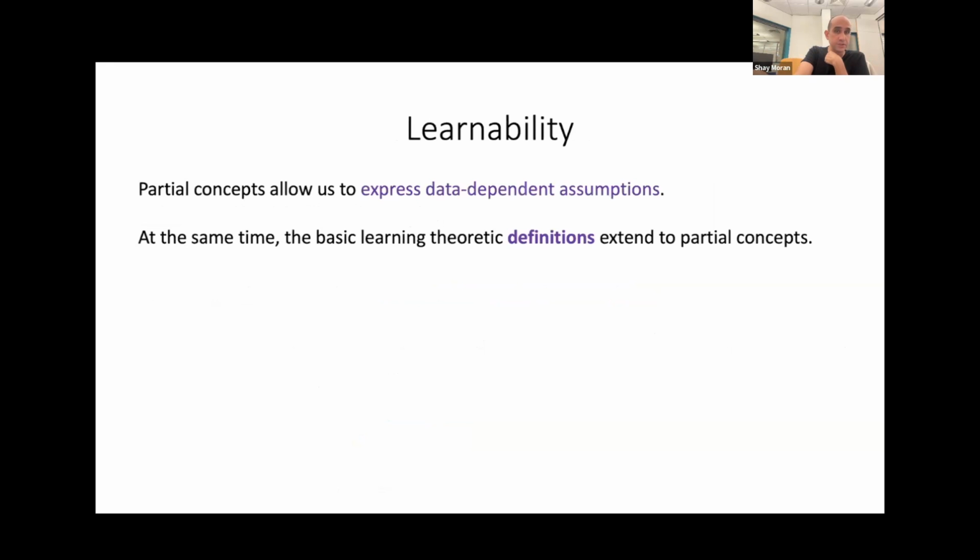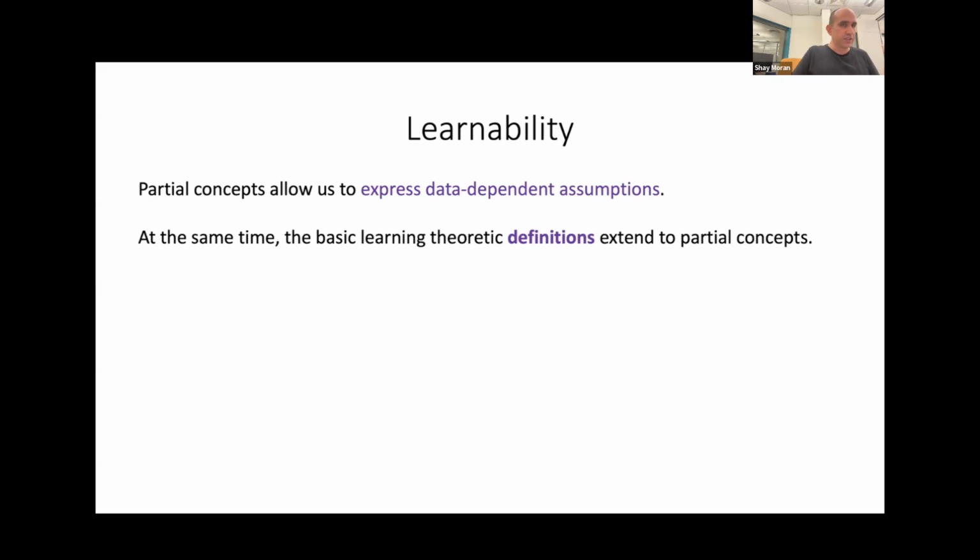But the distribution will be on the whole space or only on...? A realizable distribution is required to, so if the distribution is realizable by some particular partial function h, it cannot be supported outside the support of h. So this manifests itself in the definition of which distributions are realizable by the class. They must be realizable with some partial concept, which means they are also supported on the support of this partial concept.